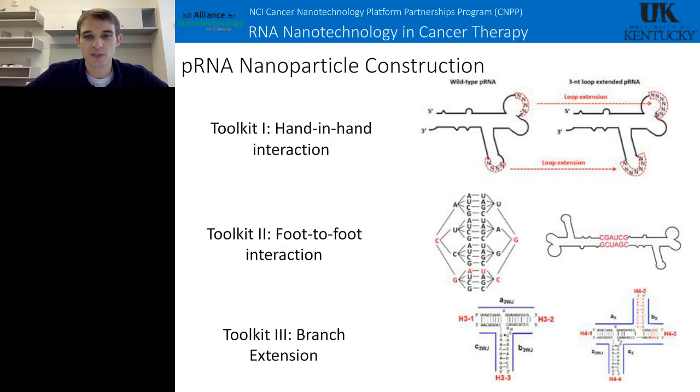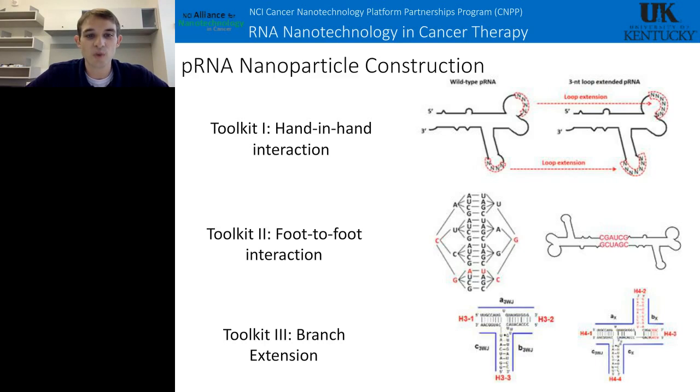In other words, you exploit the right-hand and left-hand loops that I just talked about on the previous slide to create different particles based on these pRNA. Naturally, the pRNA has a 4 nucleotide loop. However, we can artificially increase its stability by extending these loops to a 7 nucleotide overlap. That just gives it more base pairing and enhances the stability of these particles.